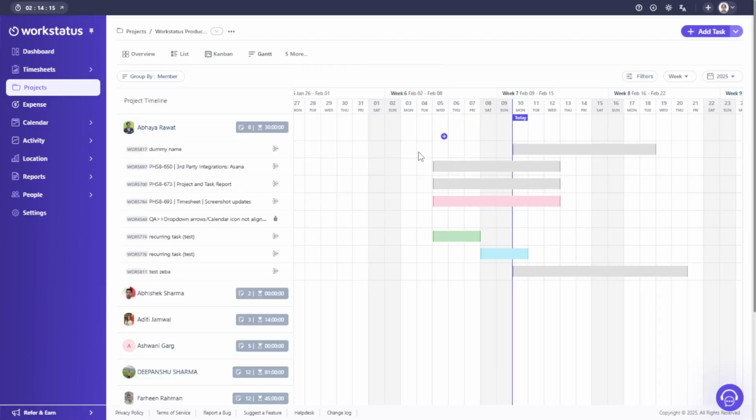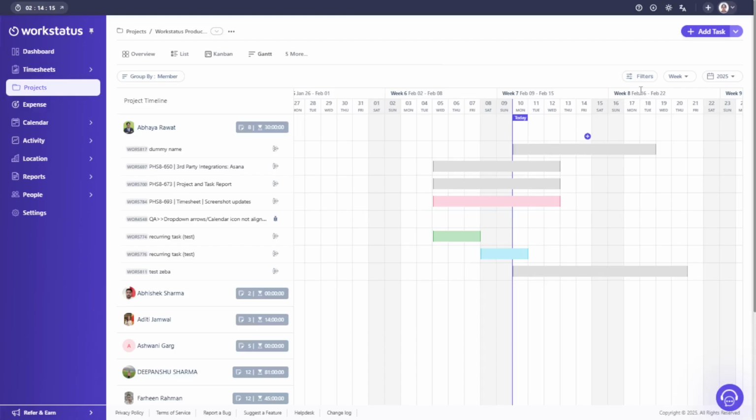Here, you will be able to see the member name and the list of the tasks which have been assigned to them. You will be able to see that each task has its own specific start date and end date. The colors of the bars depend upon the status of the task, which is red, which has been set as reopen, or maybe green, which is ready for deployment or yet to start. That can be managed from the project settings.